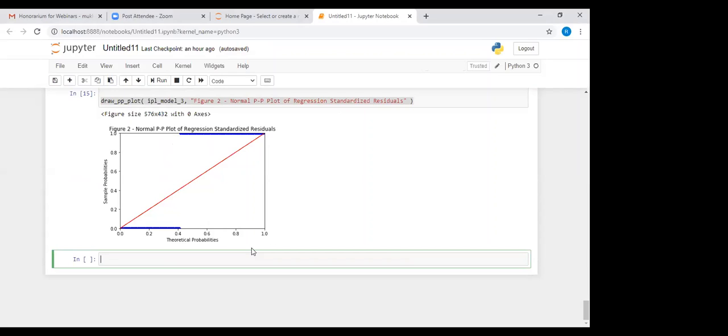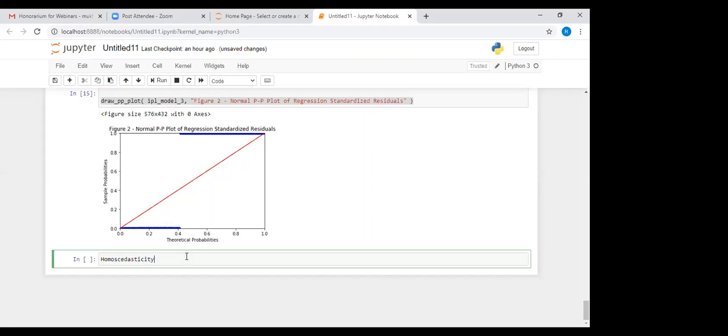Now after that you need to check for homoscedasticity. What does it stand for? Homoscedasticity means that the variance of the error is constant.